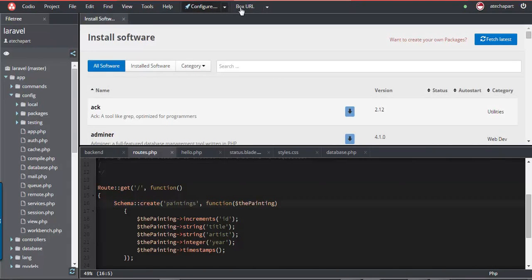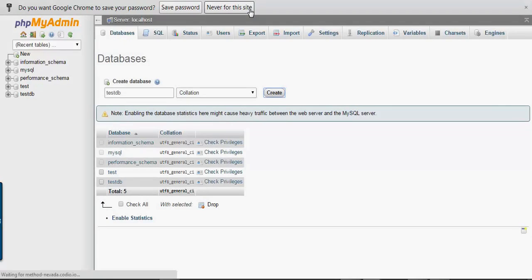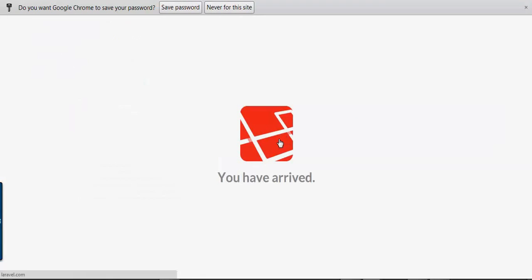So I'm going to open up the URL. Once I load up this, the home page basically is going to trigger this route and this code, which is going to create that table in the database. So I'm going to click on the box URL up here. Okay, it loads up the page, which means it should have triggered that code to create the table, and I can